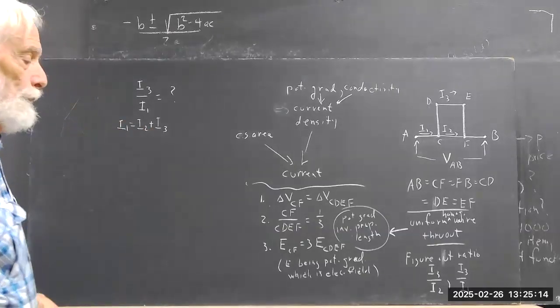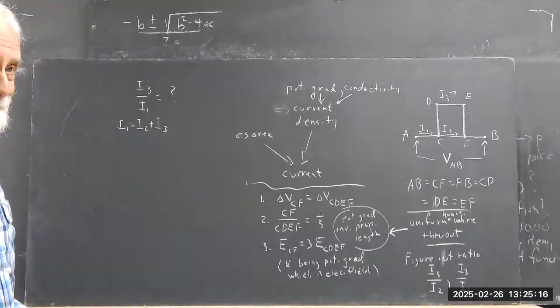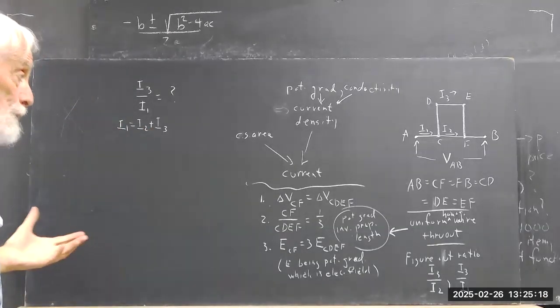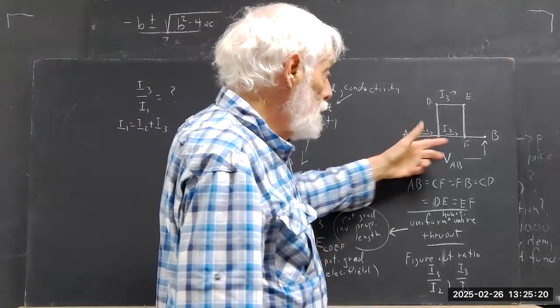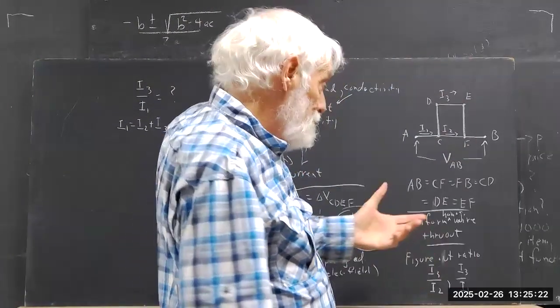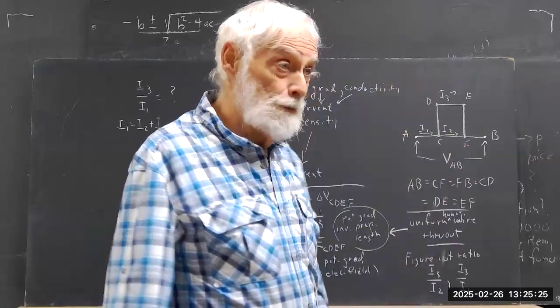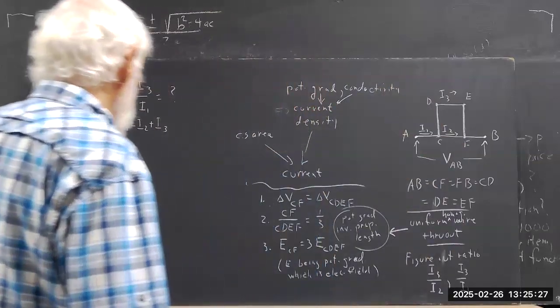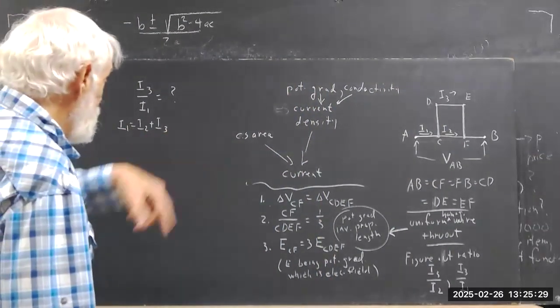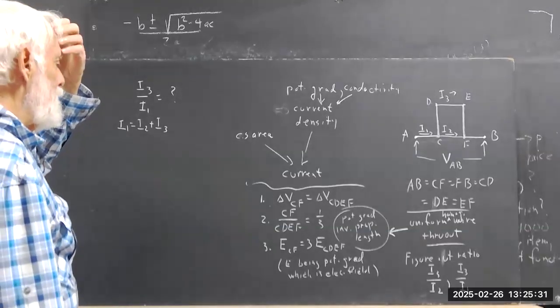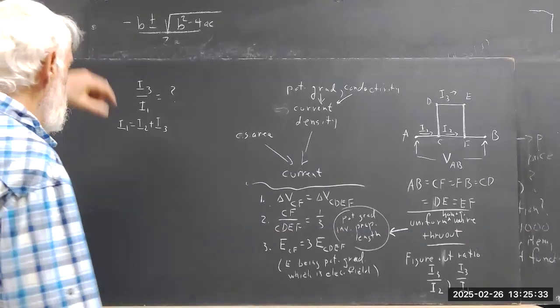I1 equals I2 plus I3, right? That's what I just said. Current that flows in here flows out. What flows out? I2 and I3. Okay, so once you have this, you know that